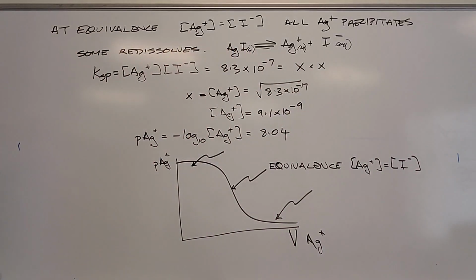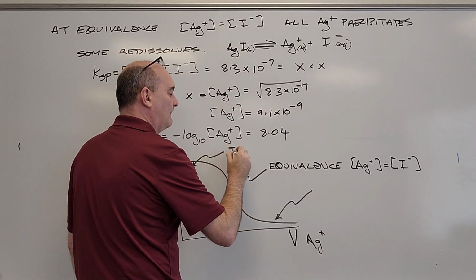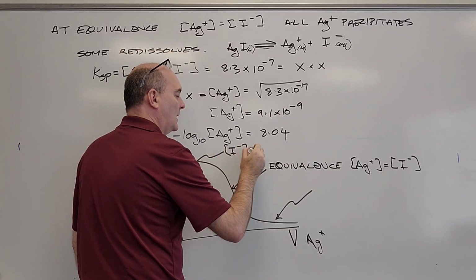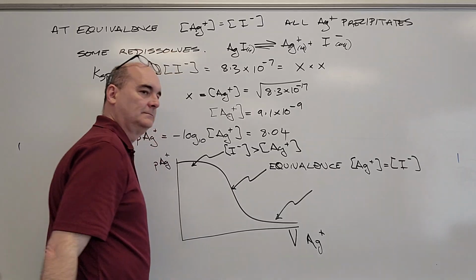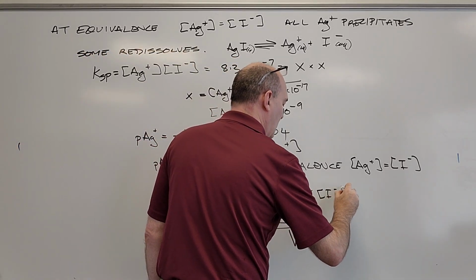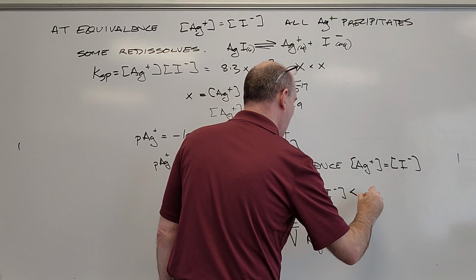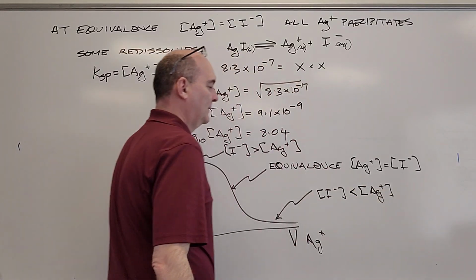And because they're in the same solution, in the same volume, their concentrations are the same. Here, iodide is more than silver. And here, iodide is less than silver. Okay,